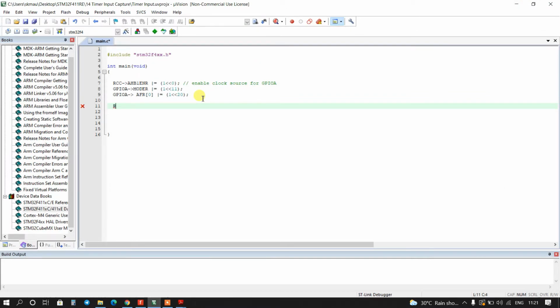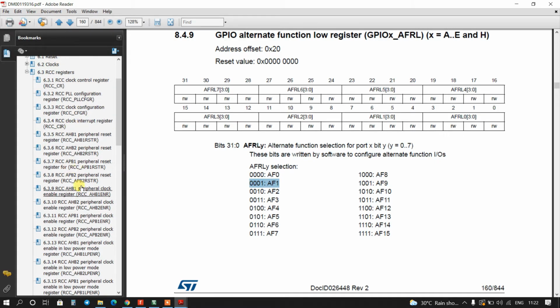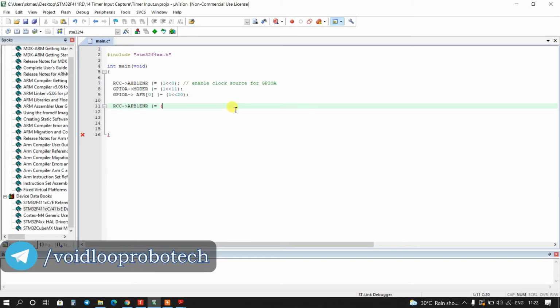Okay, so RCC APB1ENR. Go to reference manual APB1ENR. So you can see here timer 2 is here. It means we have to set the 0th bit to enable the clock source for timer 2. So 1 left shifted by 0, right?